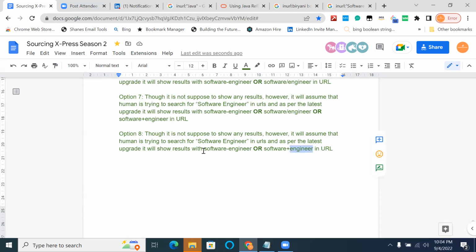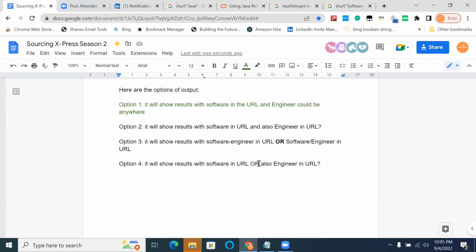We're getting both the results now. Software-engineer also we're getting. And once we go to the last pages, we are also seeing a couple of results where we have software plus engineer. But in URL, only when we keep it in double quotes does it take it as AND. See, double quotes is whenever you want to extract the phrase as it is, that's where we use double quotes. Right. Now, we'll go to another question.